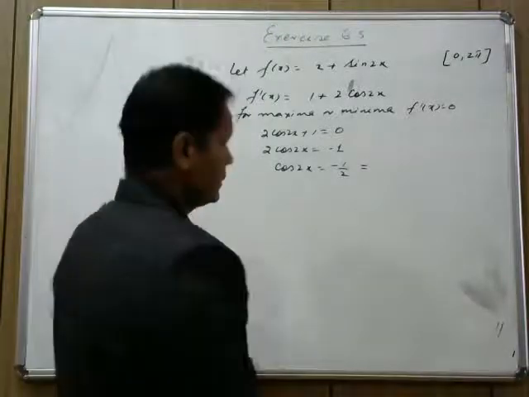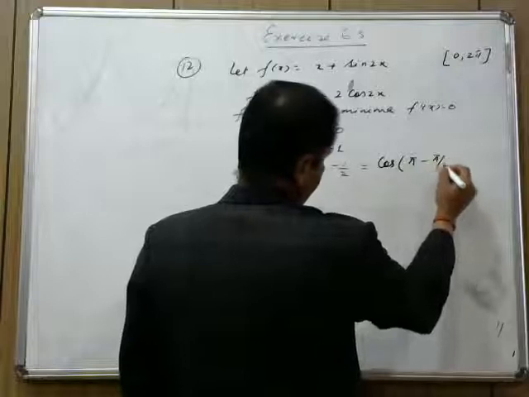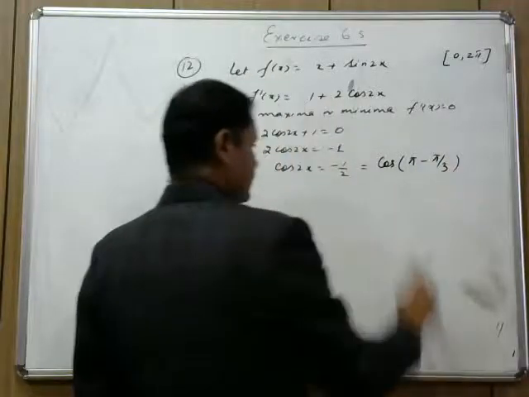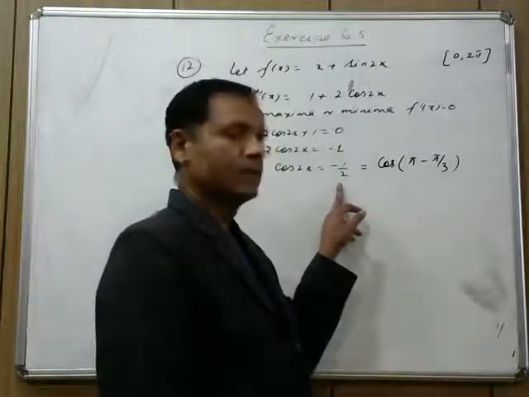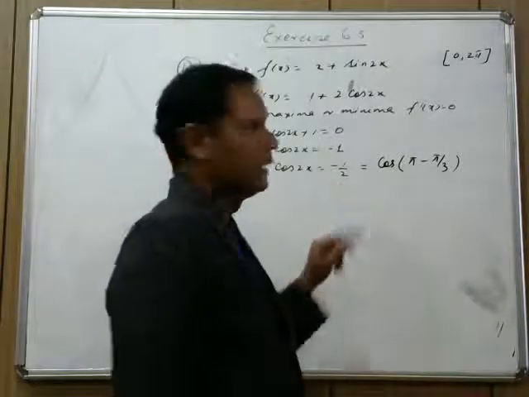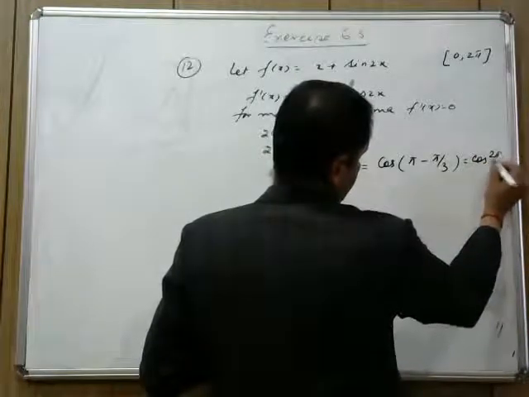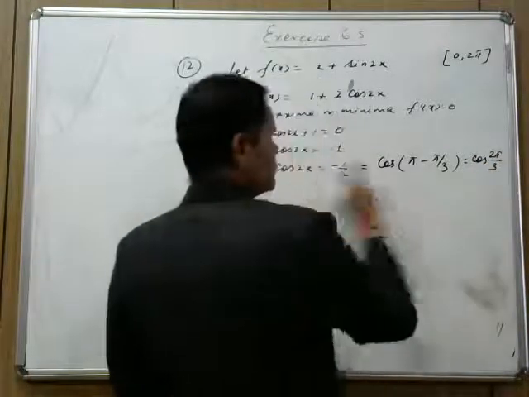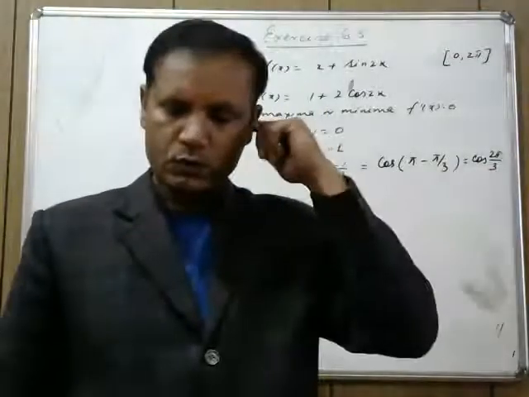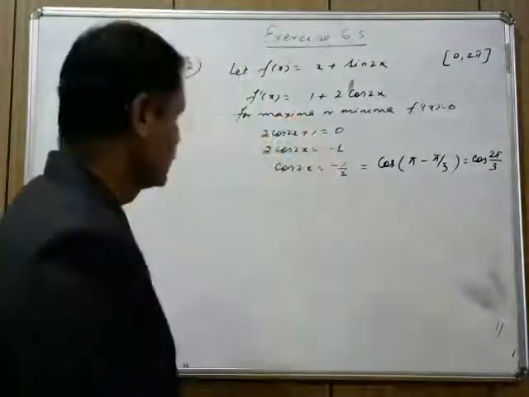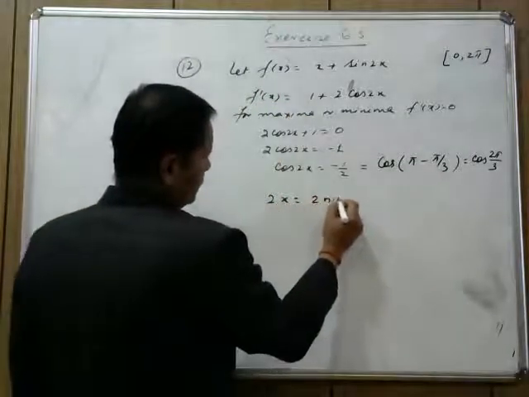Cos 2x is equal to minus 1 by 2, which I can write as minus cos pi by 3, isn't it? And that I can write as cos of pi minus pi by 3, because cos of pi minus pi by 3 will have minus cos pi by 3, which will give you the value of minus half, isn't it? And that is equal to cos 2 pi by 3. So now cos 2x is equal to cos 2 pi by 3. When cos 2x is equal to cos 2 pi by 3, that means we have 2x is equal to 2n pi